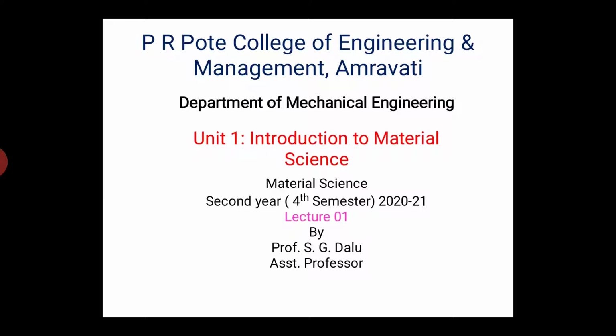And in unit 4 there is cast iron. There we will observe how much percentage of carbon is present in cast iron, what are the different types of cast iron, different heat treatments performed on the cast iron, and the industrial applications of cast iron, that we will have to study in the fourth unit.